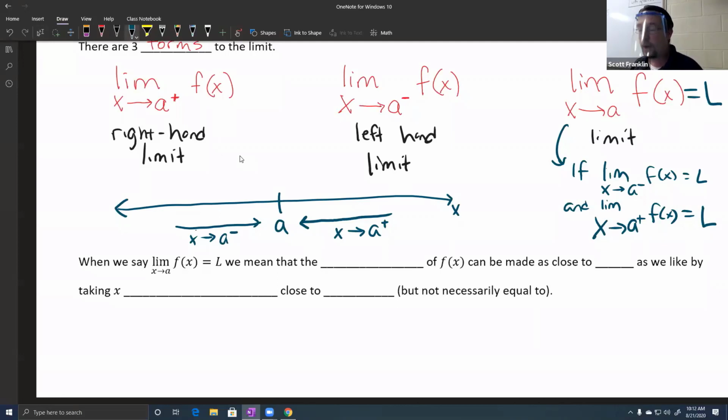But let's write one more thing, because this is terminology that is commonly used in this context. We say that the limit of f of x as x approaches a is equal to L. When we say that, and maybe I should even write that out. When you see this written, you need to know how to read that. When we say,